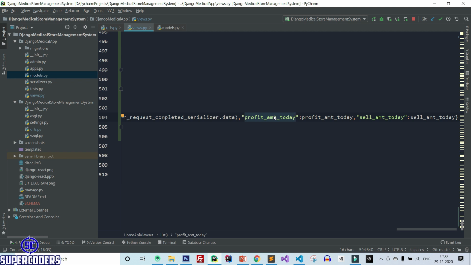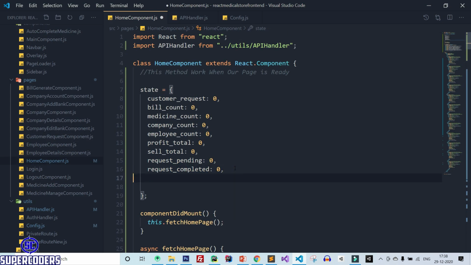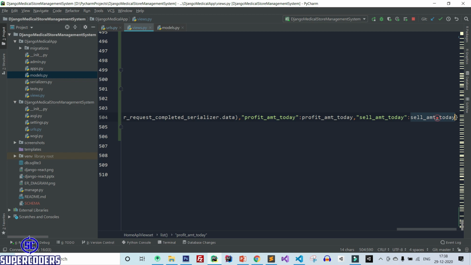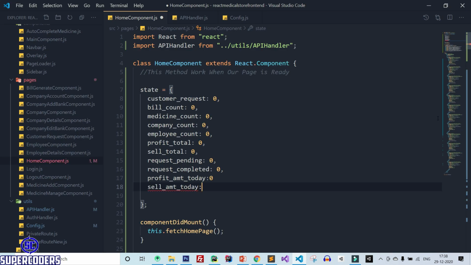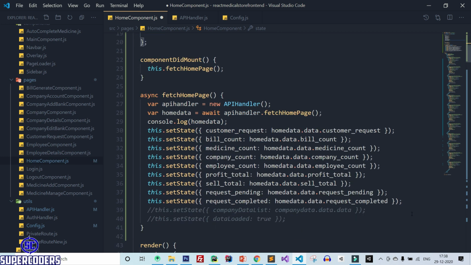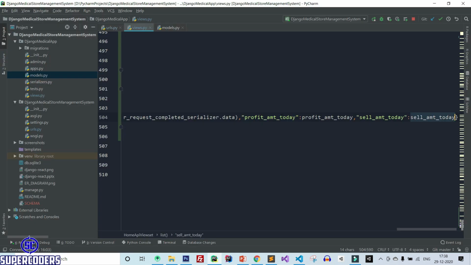So copy the key name, save it, back to VS Code, and here first profit amount 0, sale amount today 0. After that let's update the data. So here copy the same line, sale amount today, and profit amount today.